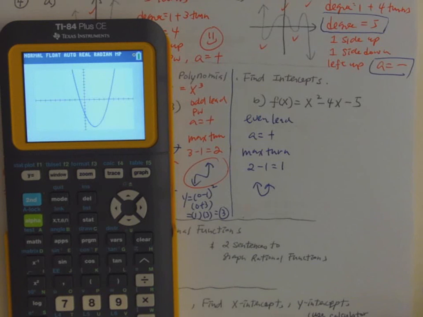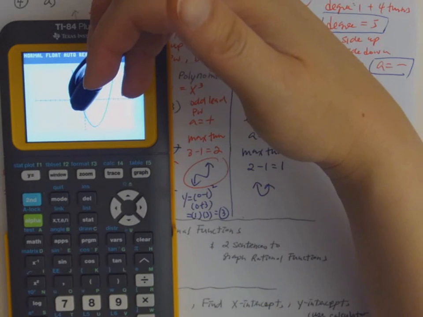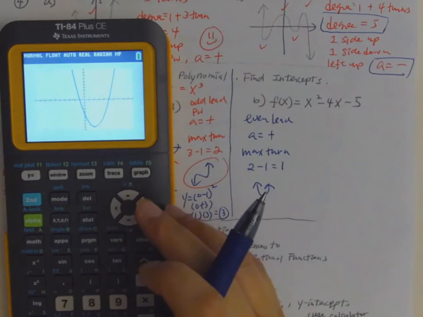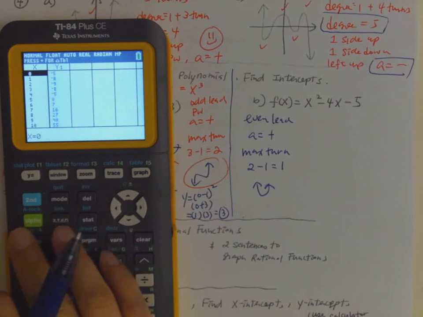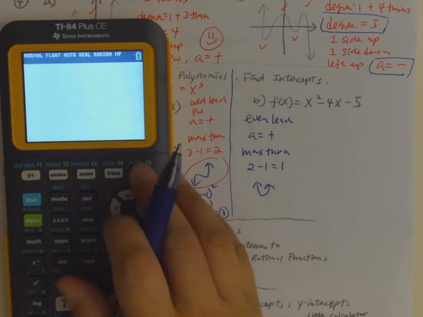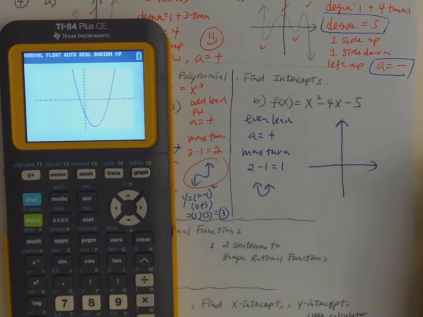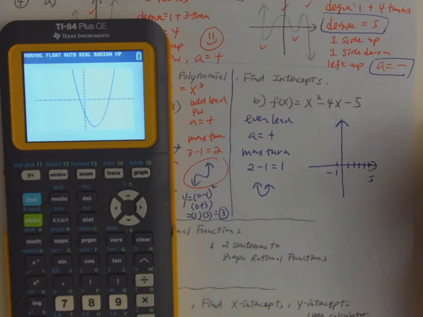So it looks like this is correct. And looking at here, I have x equal to negative 1 and x equal to 5, right? And also you can look at the table if you want to. The second graph is the table of those points, so you could also do that. So using that, I can sketch it. And some of the questions on my lab ask you to use the calculator and make sure you know how to pick the correct one. So you have a 5 here, you have a negative 1 here,